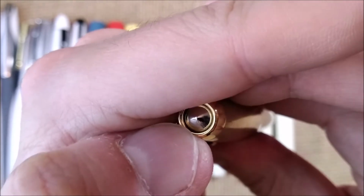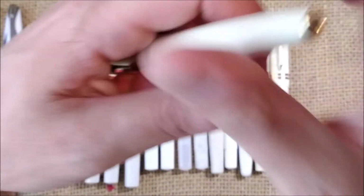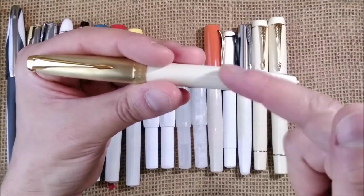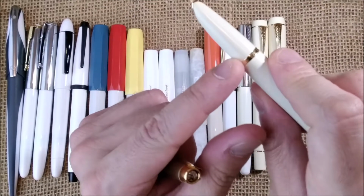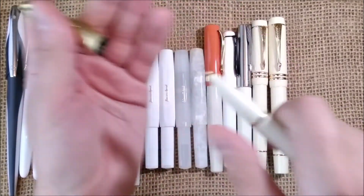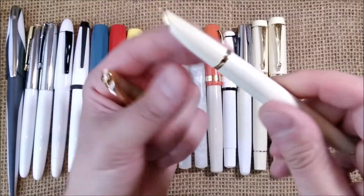It also has a silver colored jewel on the top of the barrel, and the same on the top of the cap and the same on the bottom of the barrel. Both remind us of the oldest Parker 51s that had the aerometric filling system with double jewels, so jewels on both tops. So I think this reminds us of those. It has a clip. Sorry, I'm mixing words. It has a ring that catches the cap. The cap is slip fit, same thing as the Parker 51,